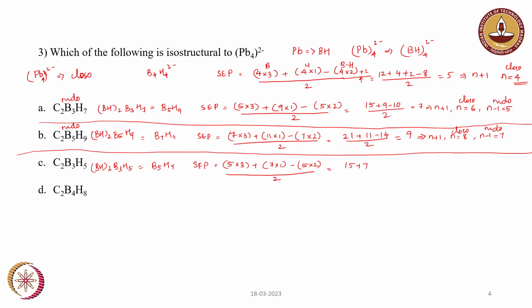plus 7 minus 10 by 2, which is equal to 6, which is n plus 1, and n equal to 5 is closo. So we have 5 here, so this compound is closo. And the last one,